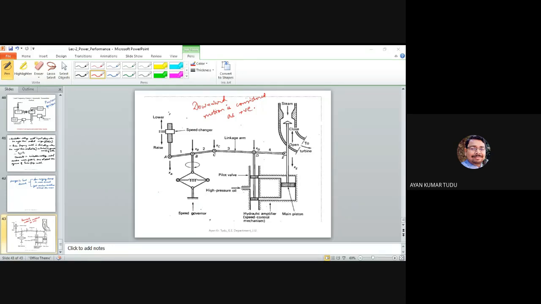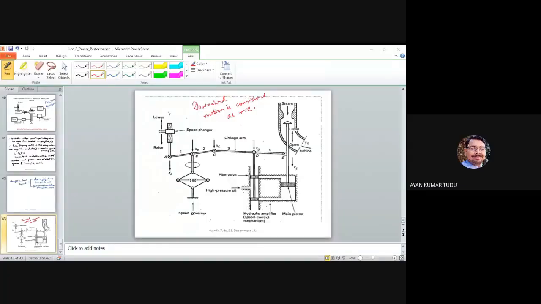If this generator is connected to an infinite bus, then the increased generator power will not noticeably affect the speed or the frequency. However, if the system is a finite system, meaning it is of a finite size, then the speed and frequency will experience a slight increase. That slight increase in frequency will cause the linkage point B to move downward, proportional to the change in the frequency.